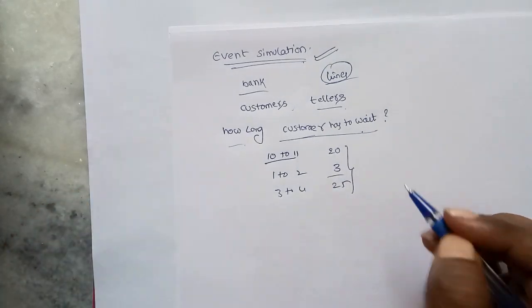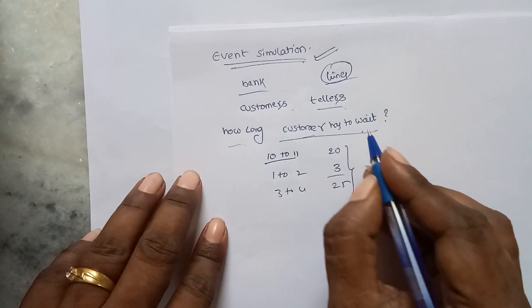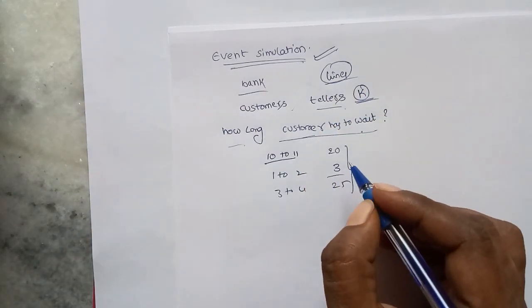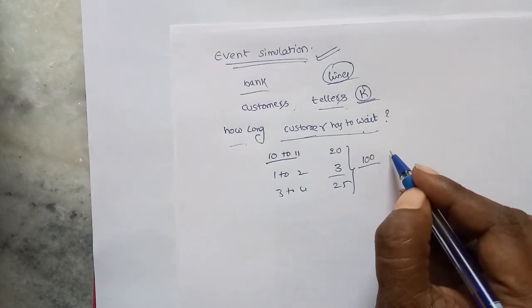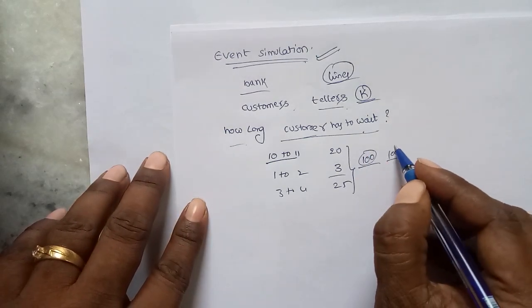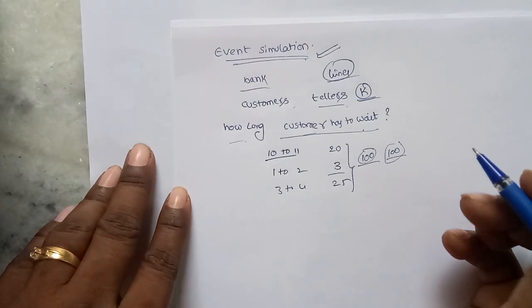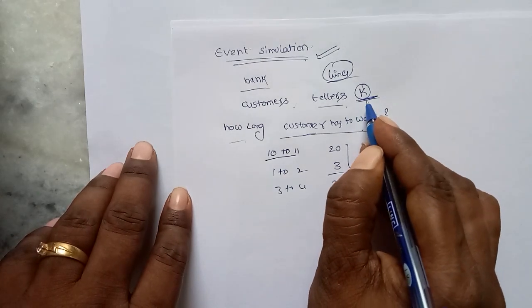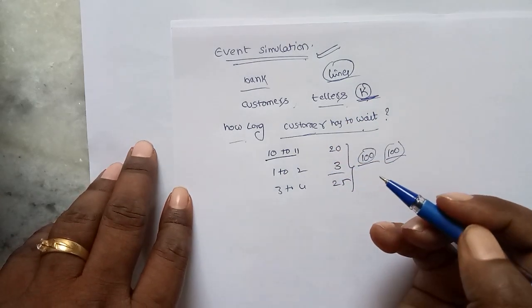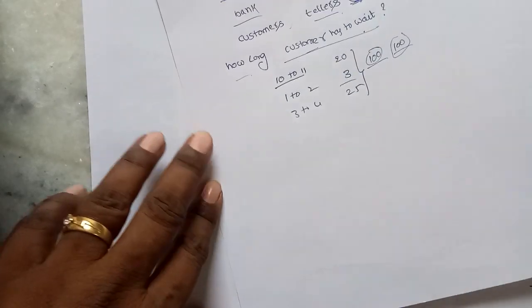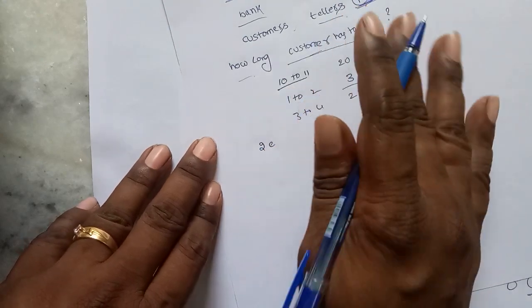Based on this probability distribution and the number of tellers, assume k number of tellers. For example, if you have a total of 100 customers and 100 tellers, so no problem, but there is wastage of 100 tellers' service time. So we have to find the value of k also, that is, for which value of k the application goes in a smooth manner. Okay, see this one. Now this is simulation. You understand the question.